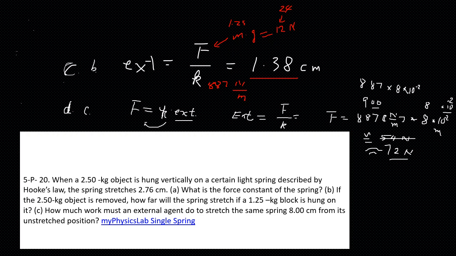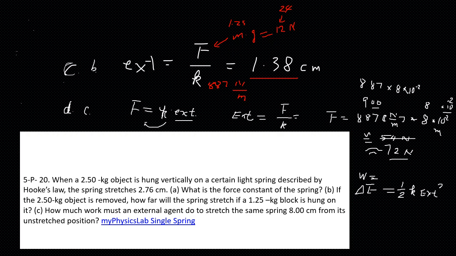But actually, I read the problem wrong, so I just violated my own rule. You're supposed to read clearly how much work is done. How much work is done? In fact, that applies energy. So the work is all turned into the potential energy. The work equals the potential energy increase, and that is equal to one half, in fact you don't have to do anything else, spring constant times extension squared, or x squared.